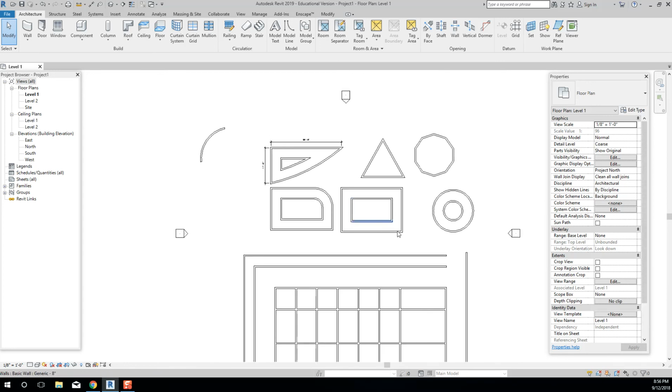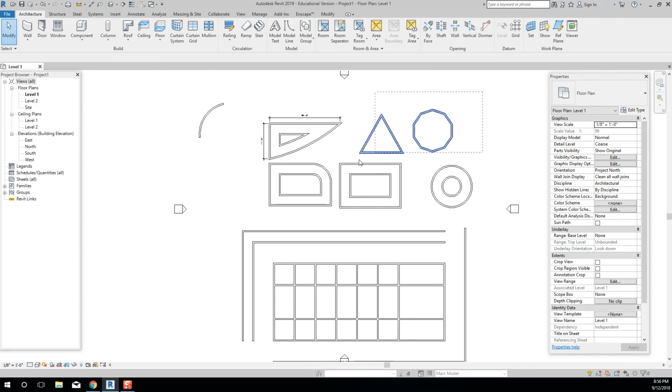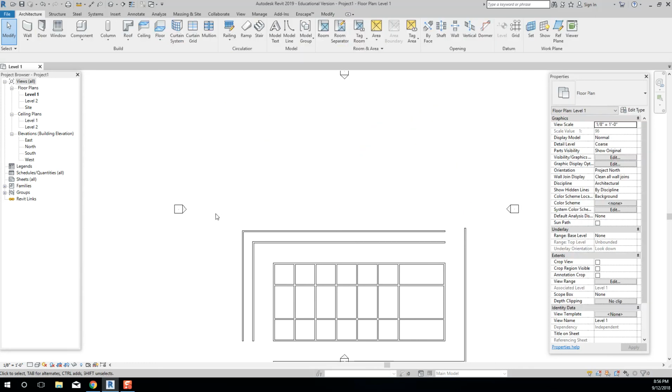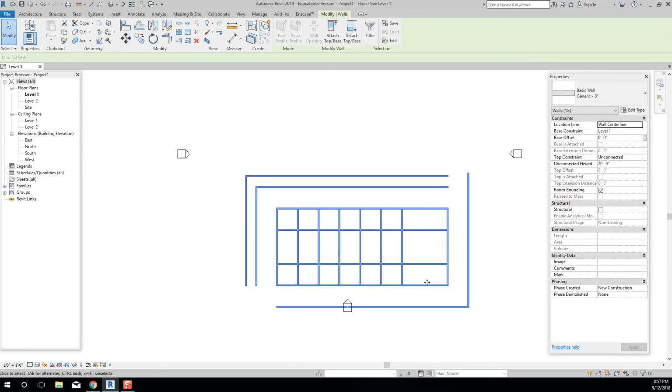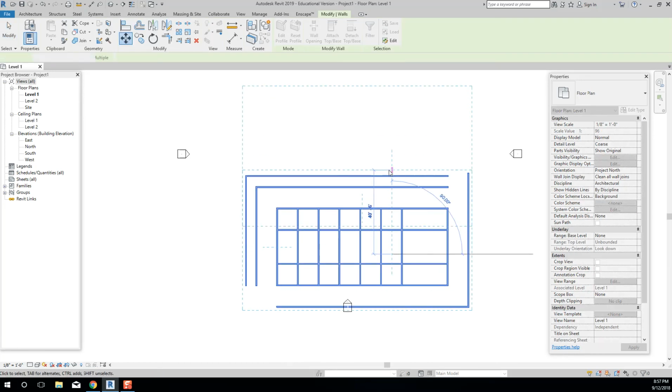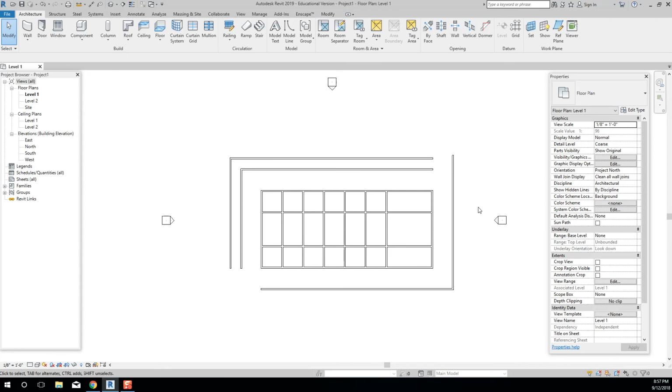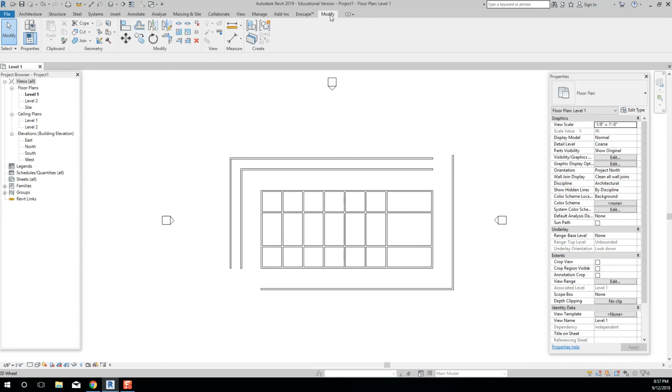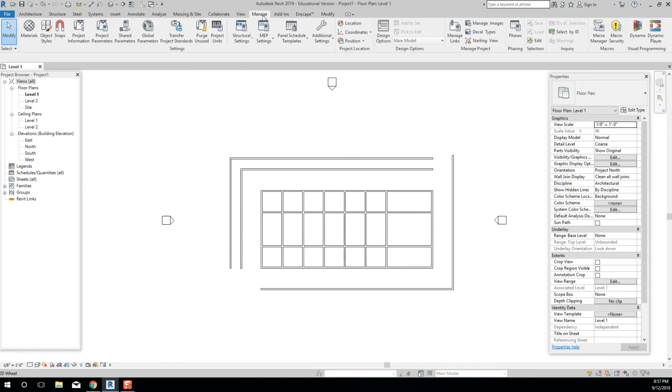All right, let's look at, and I'm going to delete some of these things up here. I'm going to move this real quick. We don't know how to move yet, but we will soon. Let's look at some of our object snaps, okay? So if I go to modify, no, not modify. It's under manage, I think, actually. Manage, yes. And I come down here to this little magnet. This is our snaps dialog box. So if I click on that,